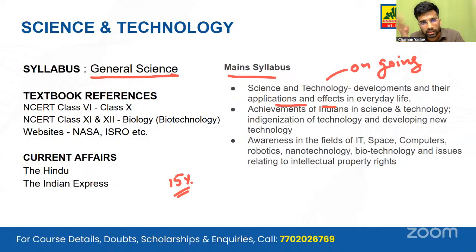Questions arise from these developments that are taking place. Now, achievements of Indians in science and technology. Every year or two, we get a question on ISRO and DRDO. What are they developing and what are its uses? These are our indigenous technologies that are asked predominantly in the examination, and what new technology India is developing. We are asked about our weapon systems, about the different types of missiles that we have. All these become a part of science and tech.